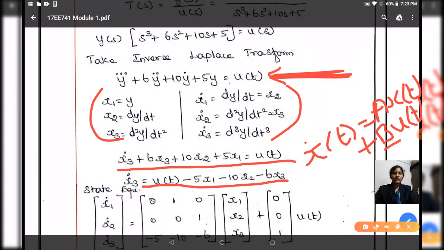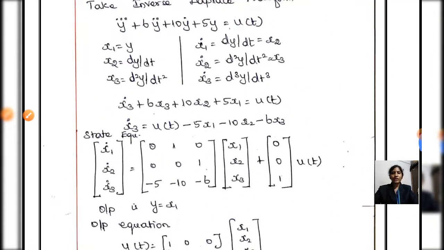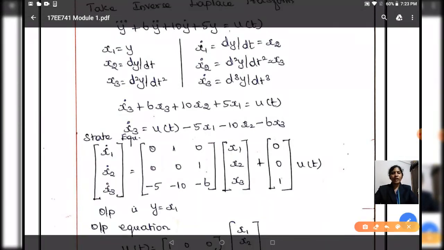So when you write it, you will get the state equation and output equation as shown over here, and we know how to write the matrix A and matrix B. So it is your matrix A and this is your matrix B. We will be writing the coefficient of x1, x2 and x3 in x1 dot, and in the same way for the second row we will be writing the coefficient of x1, x2, x3 in x2 dot. So your x2 dot consists of only the coefficient of x3. So only here 1, the rest all elements are going to be 0.